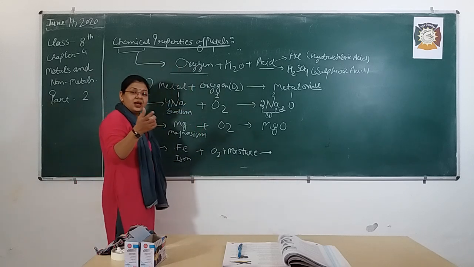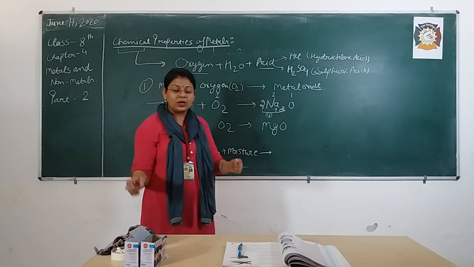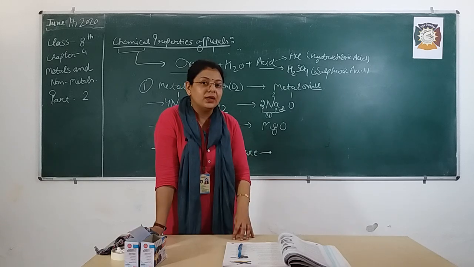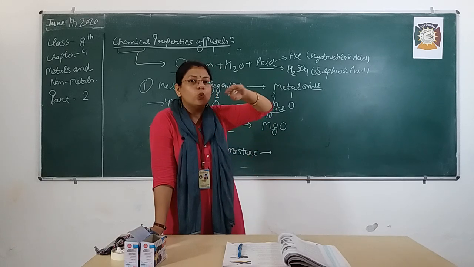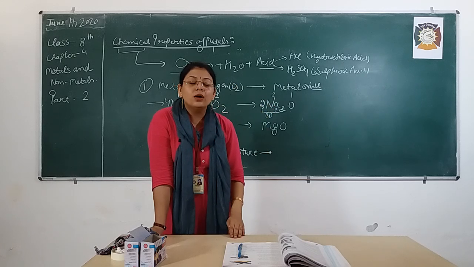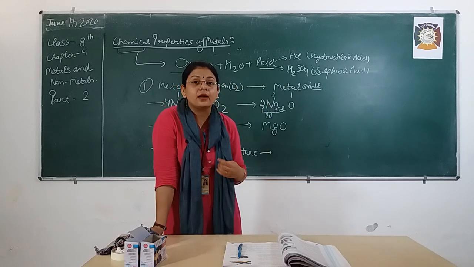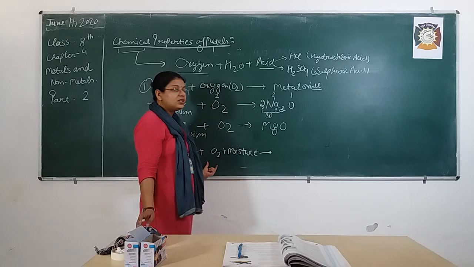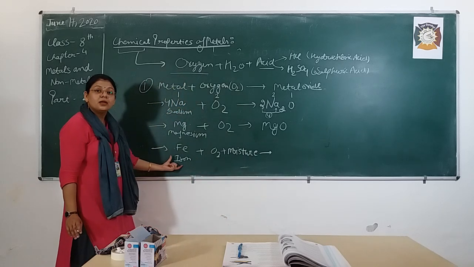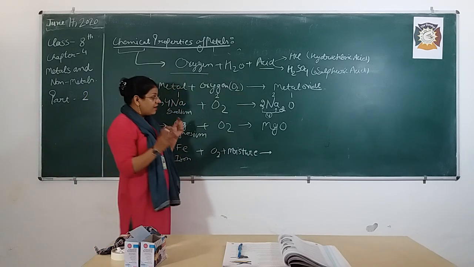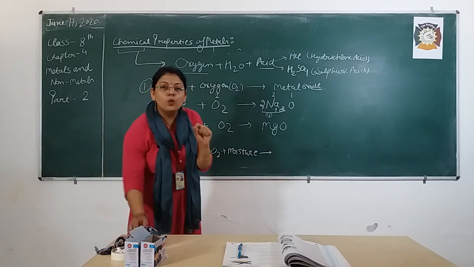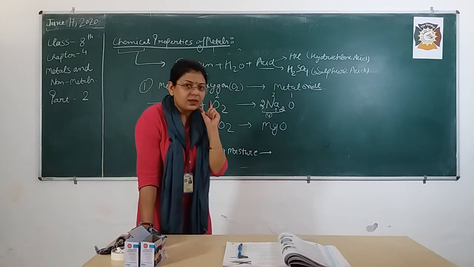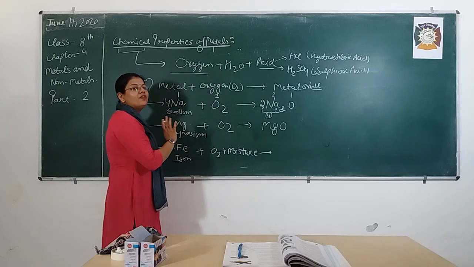So you know na, an iron object, when you keep it in the open, oxygen is present in the air, and if it is raining, that means water content is also there, then all the iron objects rust out. That means rusting of that iron occurs. So now after studying this reaction, you will come to know which compound is present in that rust. This is the beauty of science.